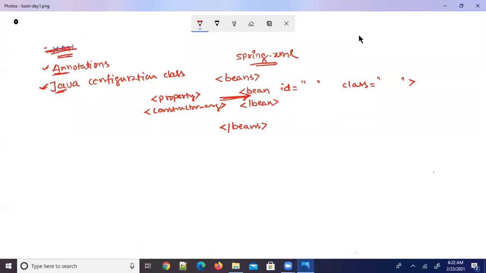Because in Spring Boot, it allows only annotations to define configurations, but it doesn't allow XML.